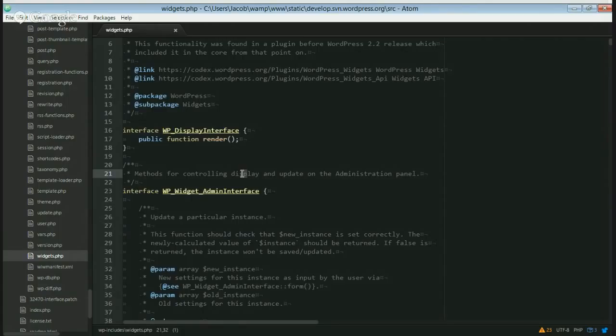But the biggest problem is sort of going back and implementing it in a backwards compatible way. And that should be possible, technically, using the WP display interface. I mean, really, I'm guessing